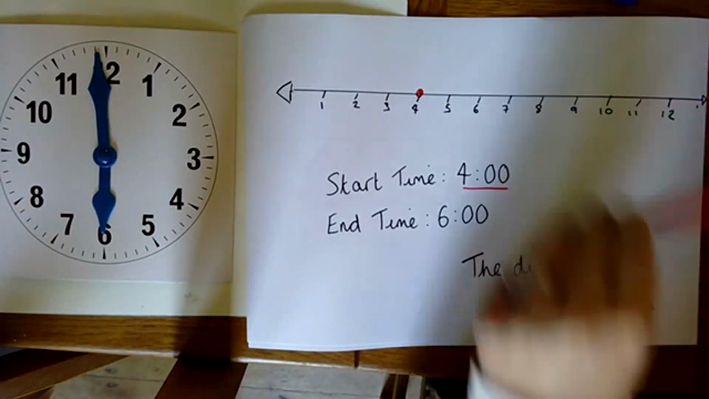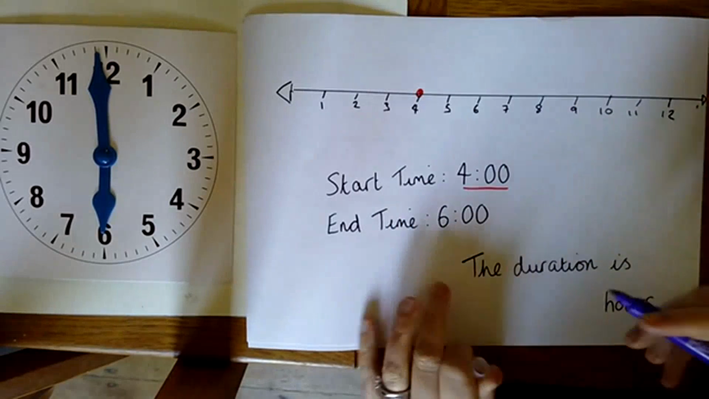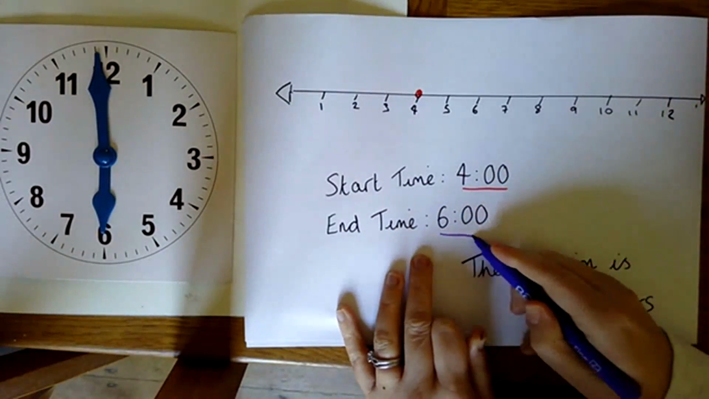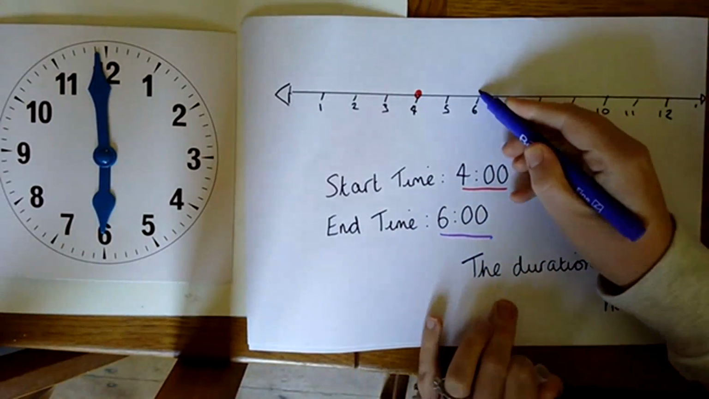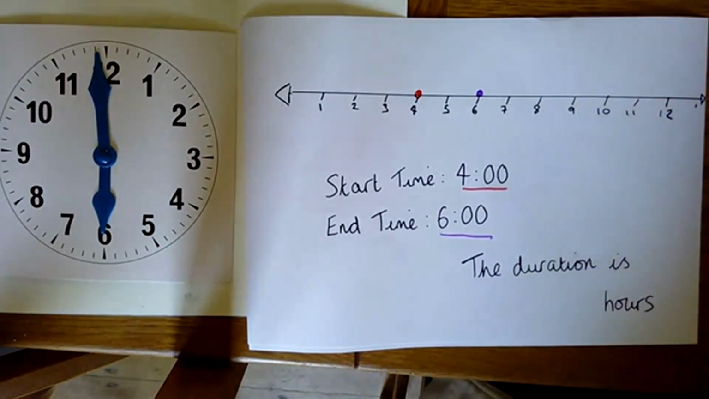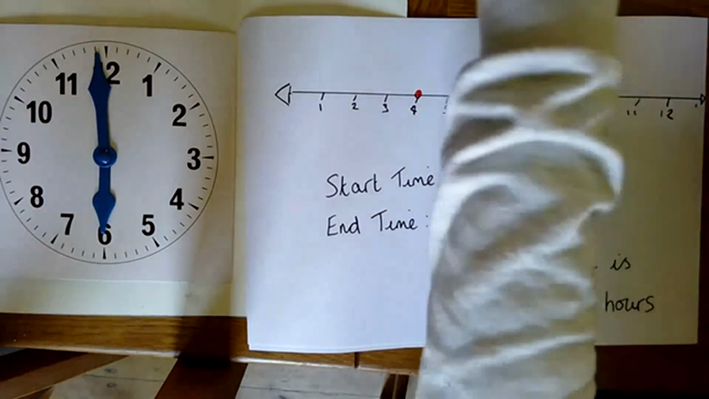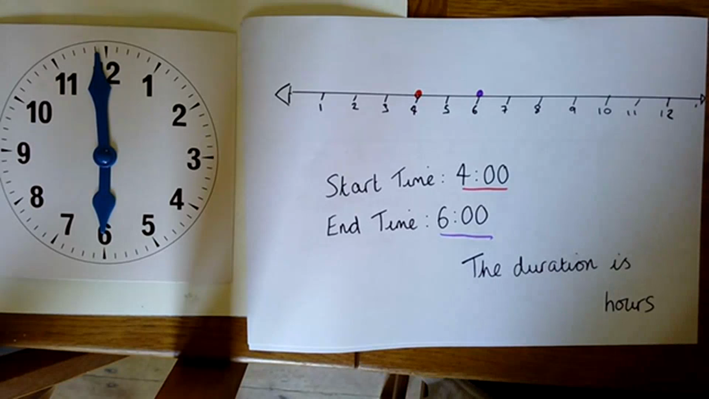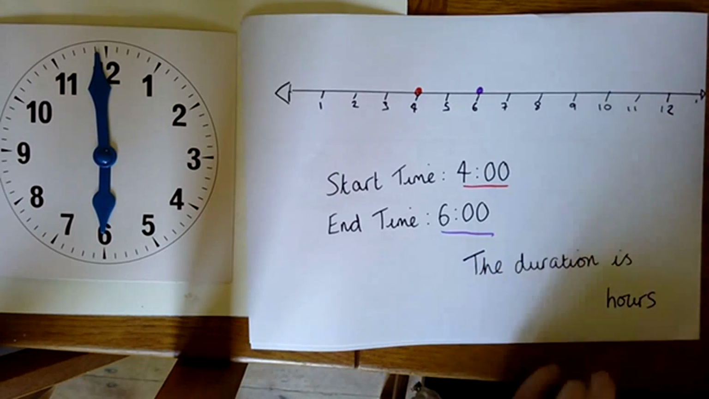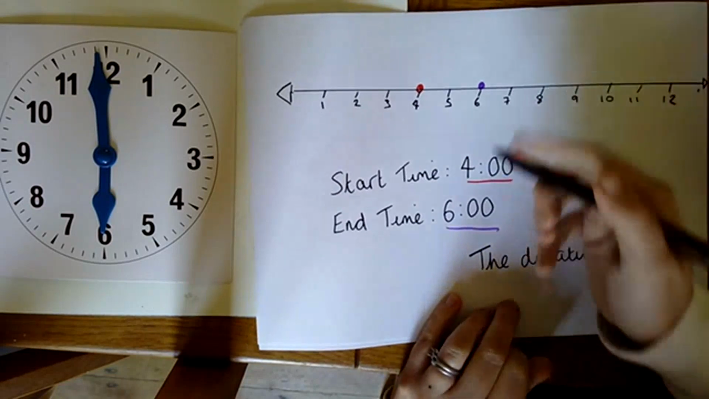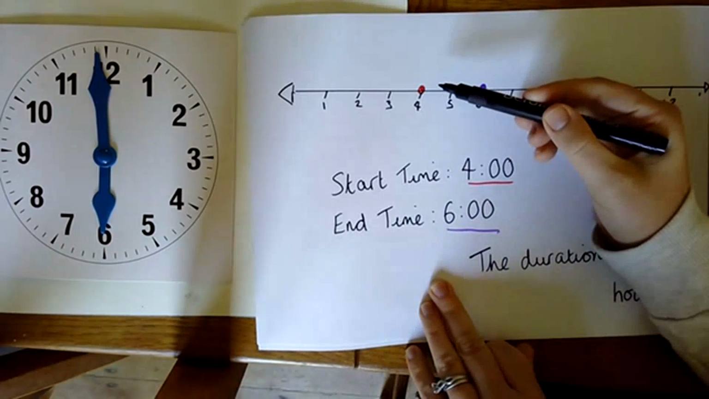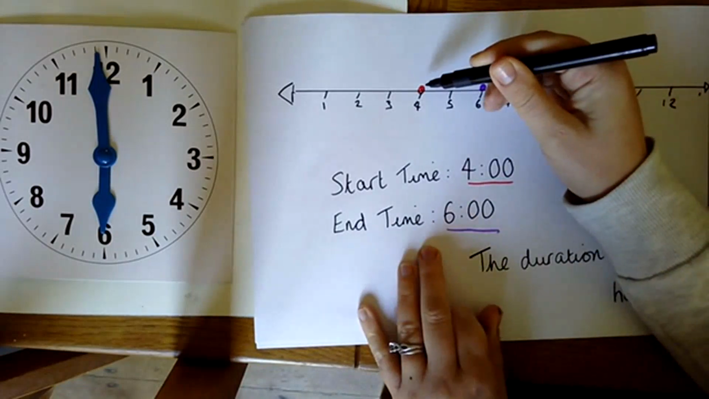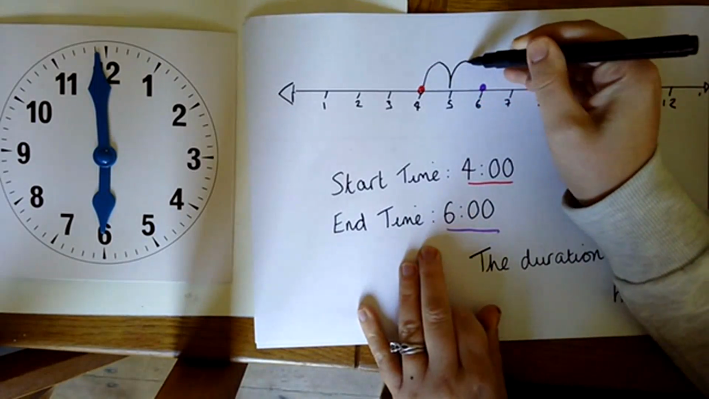My end time, I'm going to mark in purple. My end time is 6 o'clock. So I'm going to mark my end time on my timeline. What I need to do is use my counting on method to work out my duration. So my counting on method means I'm going to count in jumps of 1. So count with me. 1, 2,